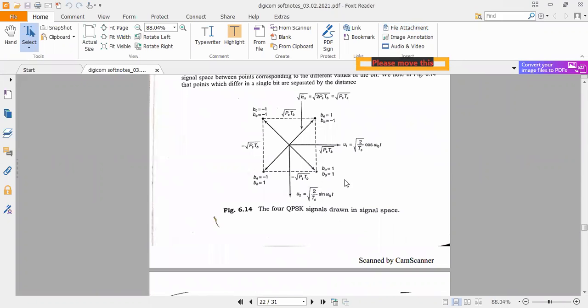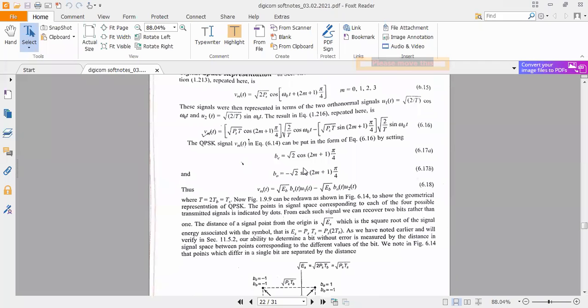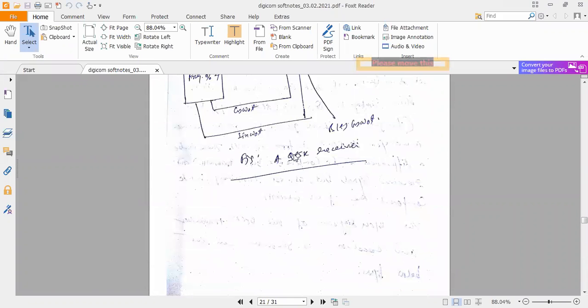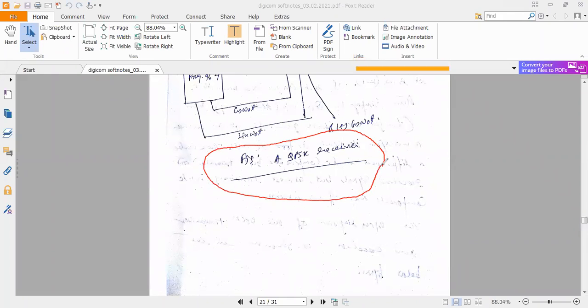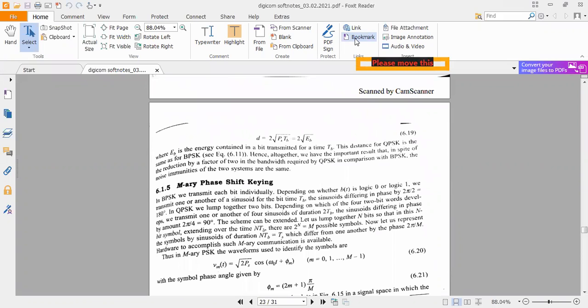Okay, so that is all I will say today, not more than that, okay? If you have any doubt, tell me. Study QPSK well, and if you have any doubt you can also tell me in the next class. After QPSK we will go to MSK. We are just comparing it with QPSK, nothing more than that.